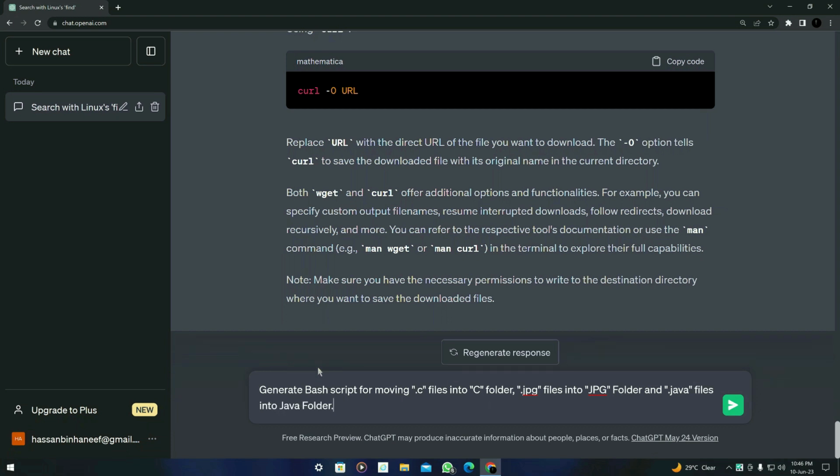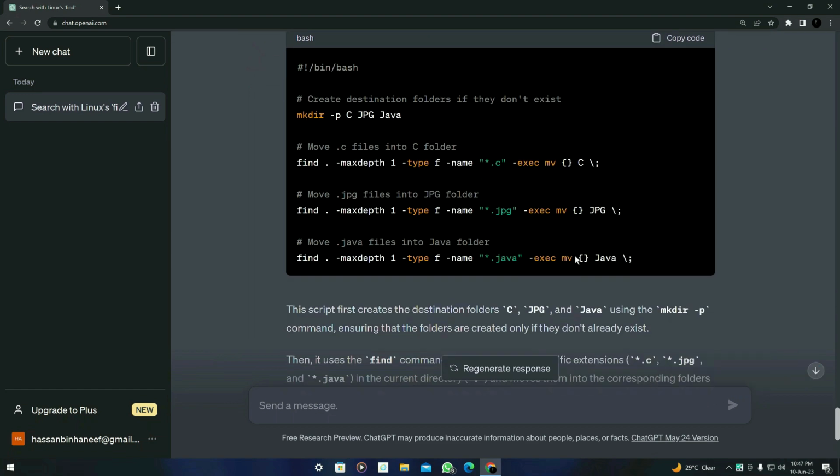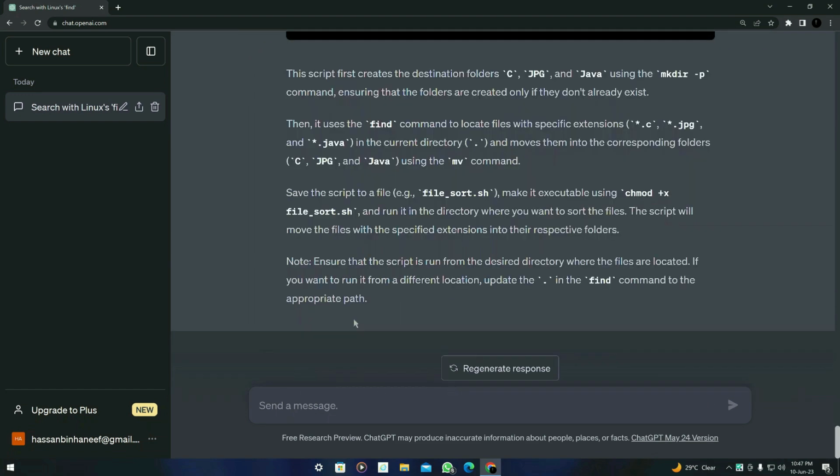Press enter and let's see what it gives us. So guys, here is the result ChatGPT generated. This bash script will move the .c, .jpg, and .java files into their respective folders. First it will create the directories, and then it will find those files and move them to their respective folders. Let's move forward towards the next bash script, which is about removing temporary files from a Linux system